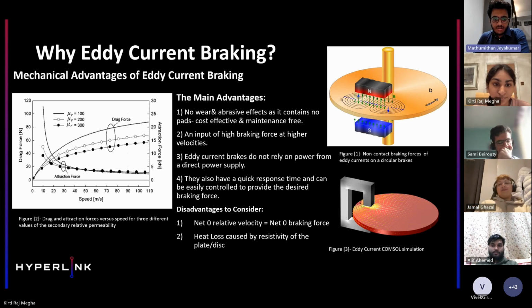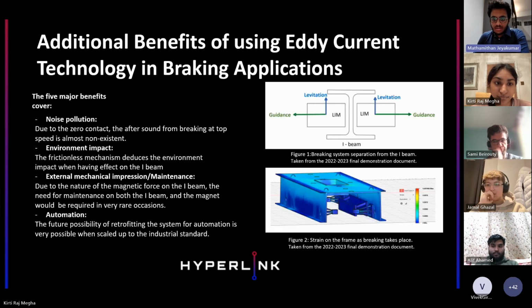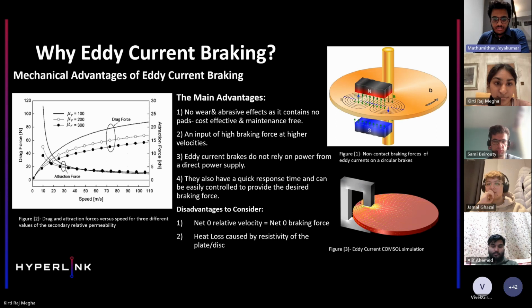Instead, it relies on induced currents in the conductor that are produced through the use of a permanent arrangement of magnets. And due to the strong direct interactions between the field and the opposing induced current, the strength of the electromagnets can be set at an optimal level to provide the desired braking power at a given velocity. So any adjustments made to the strength of the electromagnets give a swift output with minimal response lag